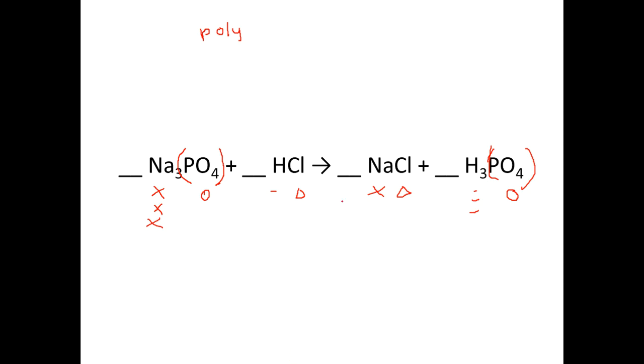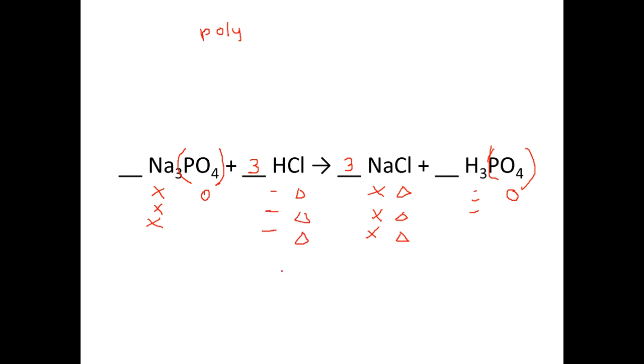Okay, so then we go ahead and balance like we've been balancing. And what I notice here is I have 3 sodiums, only 1 sodium on this side. So I want to add a 3 in front of my sodium to give me 3 of them. This 3 also applies to this chlorine, so I'm going to put 2 more triangles. Okay, so sodium, sodium, good. Now my chlorines, I have 3 here and only 1 on this side. So I'm going to have to put 3 in front of that to give me 3 chlorines,